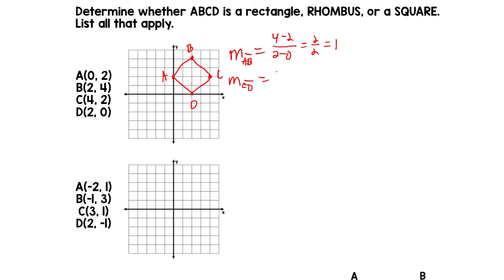That is 0 minus 2 over 2 minus 4. That's negative 2 over negative 4. Oh, over negative 2, also 1. Okay, about the slope of BC. That is 2 minus 4 over 4 minus 2. That's negative 2 over 2. That's negative 1. The slope of AD